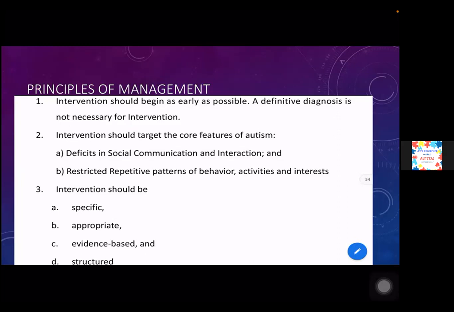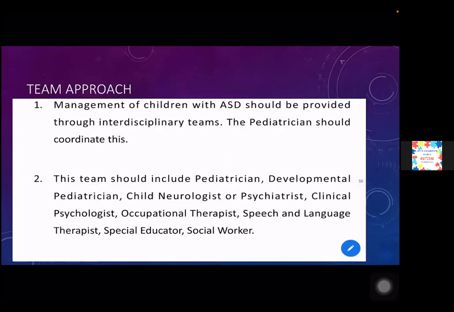So, in basic, the principles of management are intervention should begin as early as possible. Diagnosis is not necessary for intervention. Intervention should target the core features of autism, so, deficit in social communication and interaction. It should be evidence based and structured. There should be a team approach in managing a child with autism through interdisciplinary teams. So the team includes pediatrician, developmental pediatrician, child neurologist or child psychiatrist, clinical psychologist, occupational therapist, speech and language therapist, special educator, and social